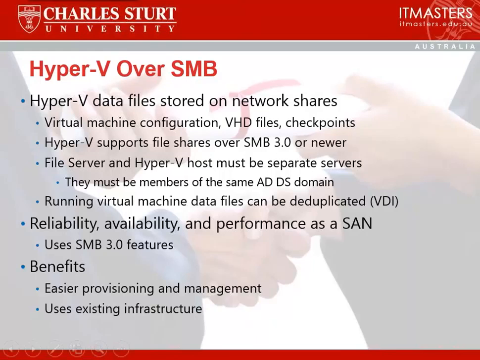Basically, SMB is used by Hyper-V to store the files on network shares. It will enable you to have virtual machine configurations, create AVHD files, add checkpoints, and I said it, it will support it over SMB 3.0 or newer. So 3.0 is the new version. You have the file server and Hyper-V,